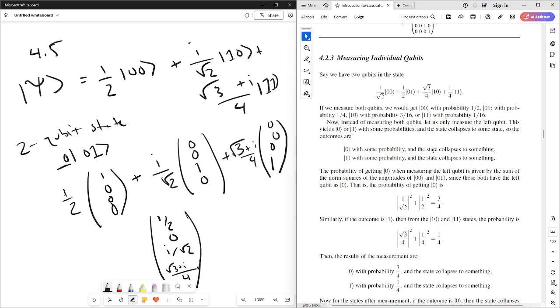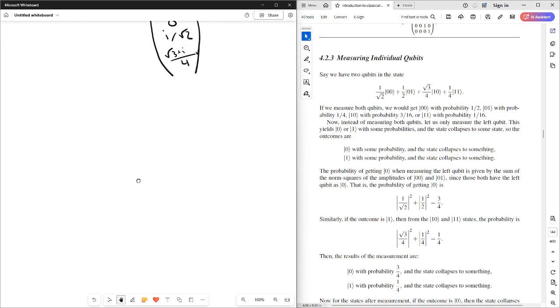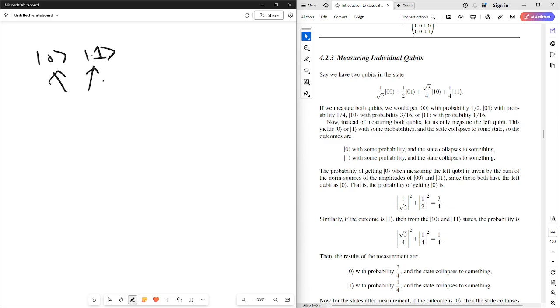All right, measurement of individual qubits. We've done a lot of that over the past few weeks, that's for sure. So similar to when we measure a single qubit state, we have some superposition of 0 and 1. And when we measure, it's going to collapse to either of these with a probability given by the norm square of its amplitude, right? So let's say square root of 3 over 2 and 1 over 2 will collapse to 0 with probability 3/4 and collapse to 1 with probability 1/4. When we have